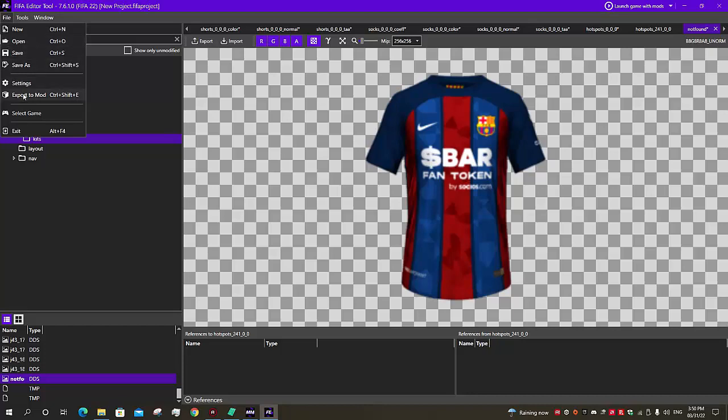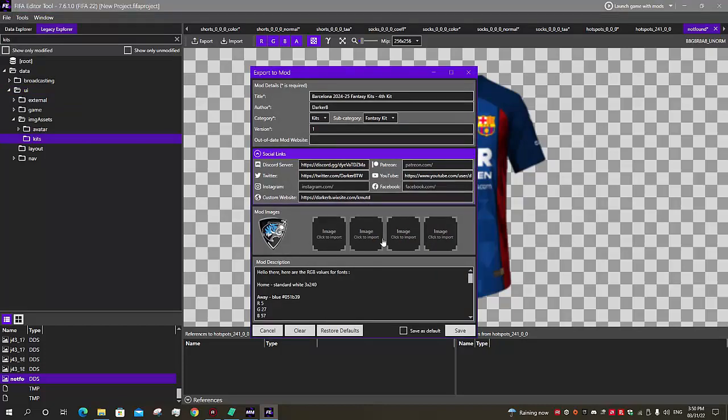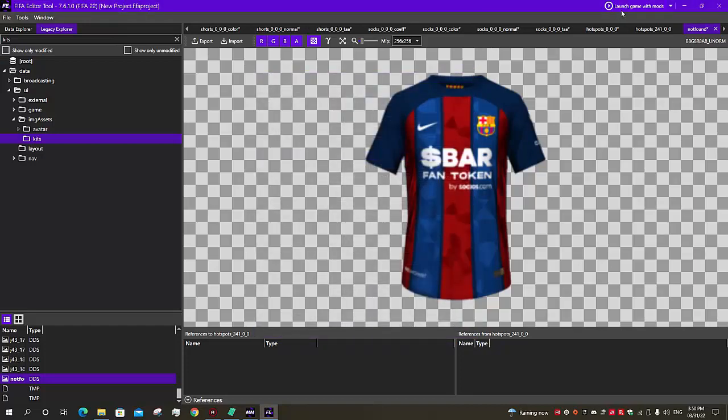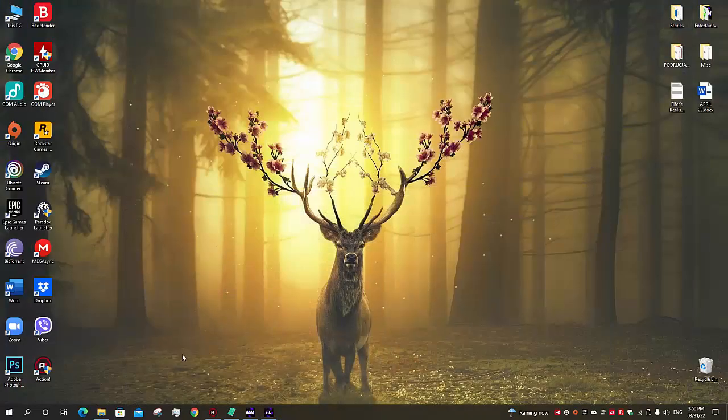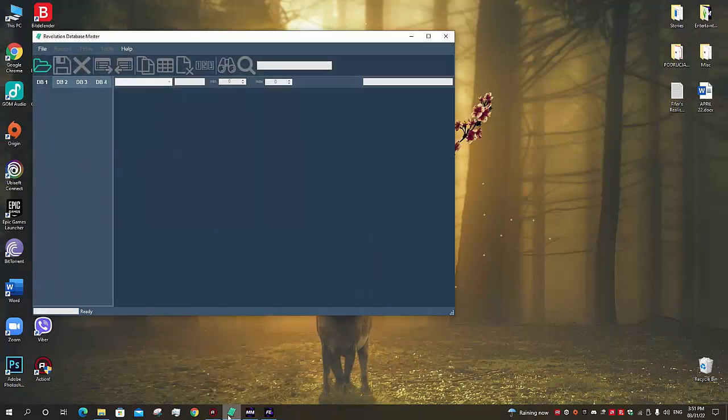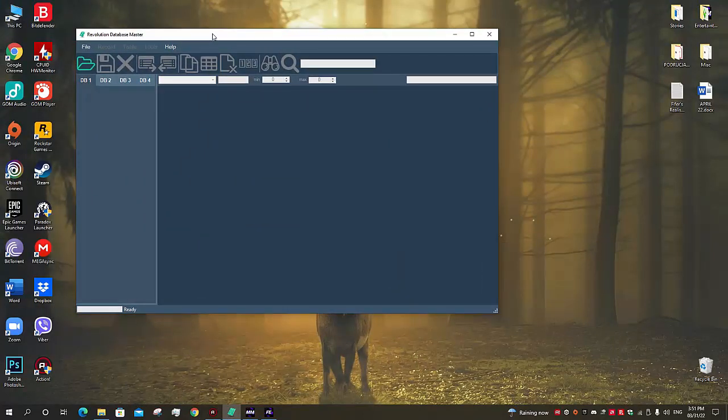For the FIFA editor, you just export mod, edit this however you like and save it, or you could just directly test it via this on top. But I already made this mod, so I'm going to close this now. That's not important anymore. The second step is to make sure that you can activate that kit, and for that you